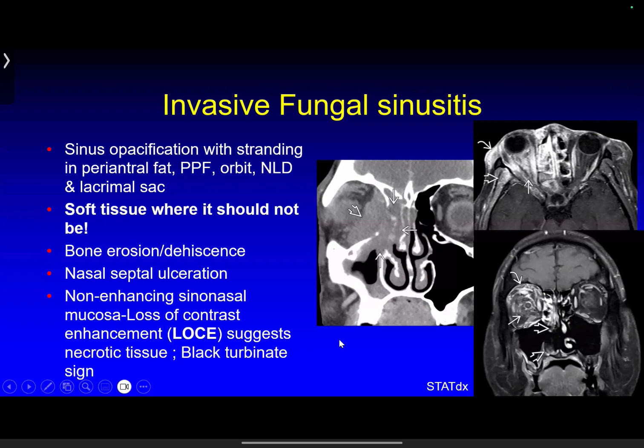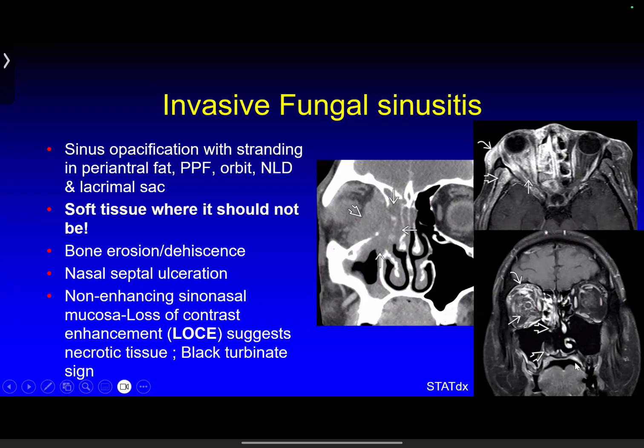On a contrast-enhanced CT or an MRI, better an MRI, you will see non-enhancing sinonasal mucosa or something called loss of contrast enhancement, the LOCE lesion, which suggests necrotic tissue. On this patient with an MR, you can see the diffuse enhancement of the sinusitis within the ethmoid sinuses, diffuse infiltrative enhancement within the orbit, also extending into the periorbital region, some marrow infiltration here along the sphenoid wing, and